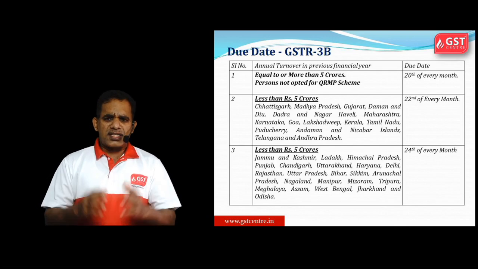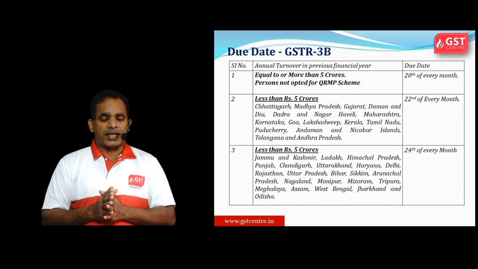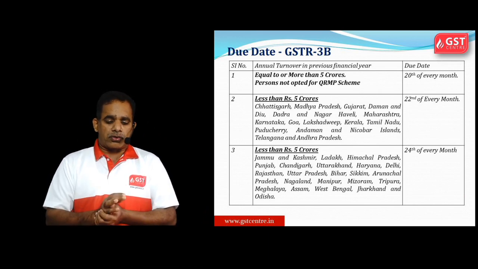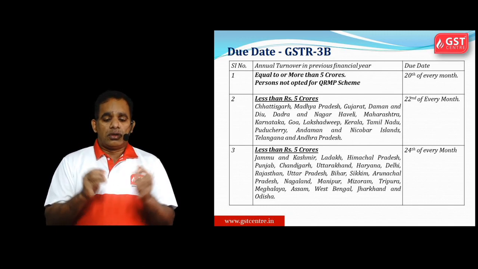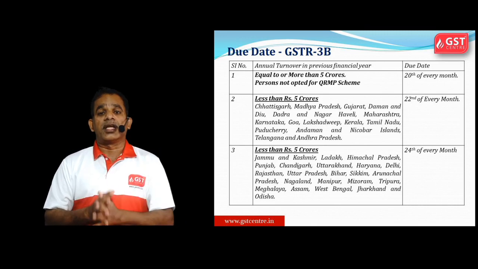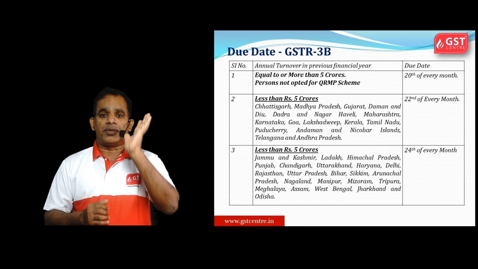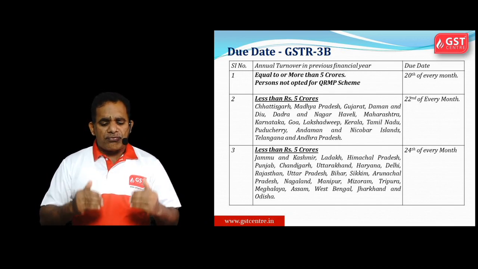Then there are due dates for everything in GST law. For GSTR 3B return, if the business turnover is equal to or more than 5 crores, and for persons who have not opted for the QRMP scheme, what is the QRMP scheme? Quarterly return monthly payment scheme. The due date is 20th of every month. Then if the turnover is less than 5 crores,